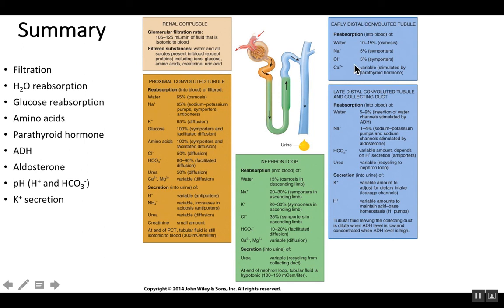Your book talks about early distal and late distal. I just make this distal convoluted tubule and this collecting duct. It makes it a little easier. But when you're going over this summary figure, this is what I want you to look at, these bullet points. And this is largely what we do in class. We review